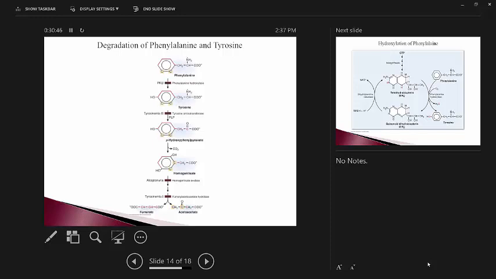Now, the deficiency causing PKU has been known for a long time. So what do you think you would do in a patient that had this problem of not being able to metabolize phenylalanine? How do you think you'd treat it? Choices are removal of phenylalanine from the diet. You're saying yes? You're wrong. Why? You've got to think of another area, another box. You want to limit the phenylalanine in the diet.